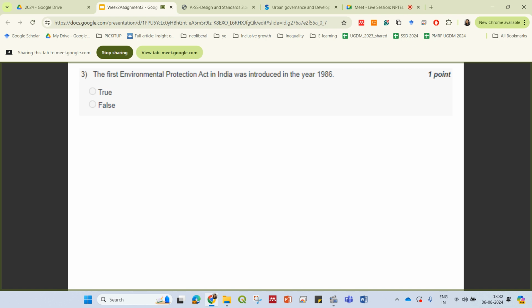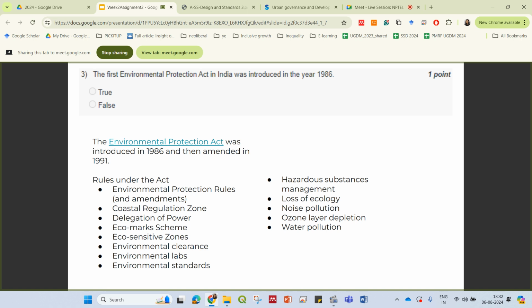On to the next question, which is: the first Environmental Protection Act in India was introduced in the year 1986. Whether this is true or false. So, you know that the Environmental Protection Act was introduced in 1986 and then amended in 1991. I think it is quite clear when it was first introduced, and there were several rules that were enacted under